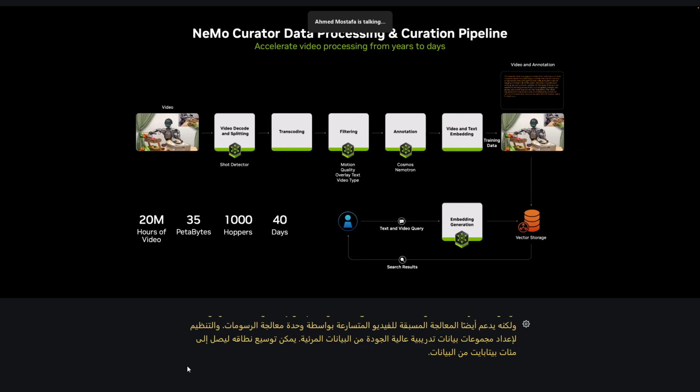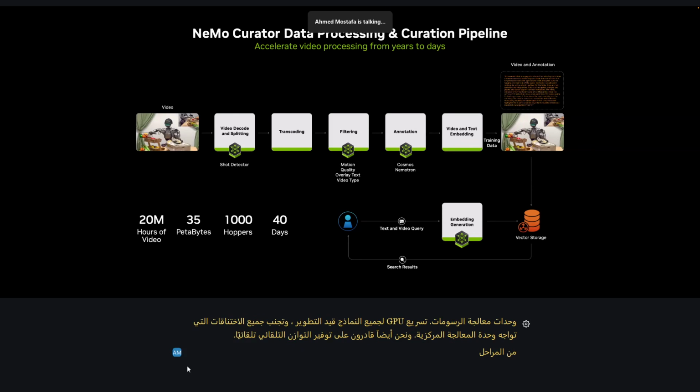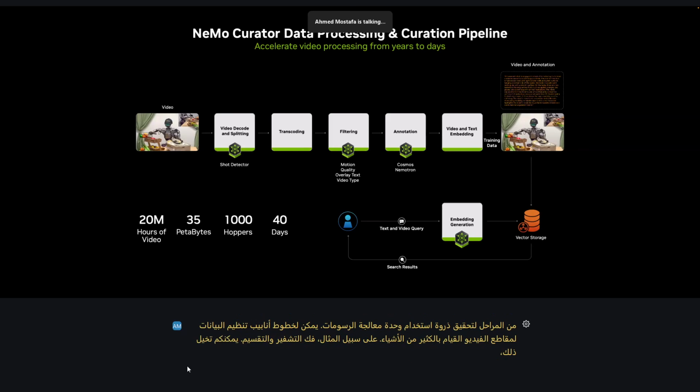The optimizations that we've made are great, from video decoding to encoding on the GPUs, GPU acceleration of all of the models in the pipeline, and avoiding all of the CPU bottlenecks. And we are also capable of automatically providing auto balancing of the stages to achieve peak GPU utilization. The data curation pipelines for videos can do a lot of things, for example, decoding and splitting. You can imagine decoding long videos and splitting them into semantically shorter clips,